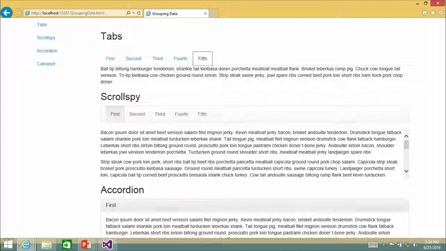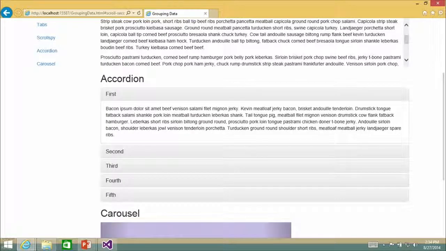Because you're going to notice the next demo here is on a little thing called Scroll Spy. And Scroll Spy is very similar to tabs. That you're going to notice, just like our tabs, if I